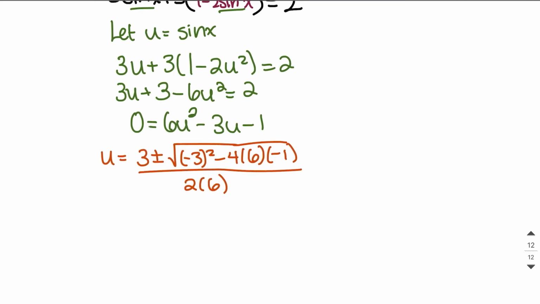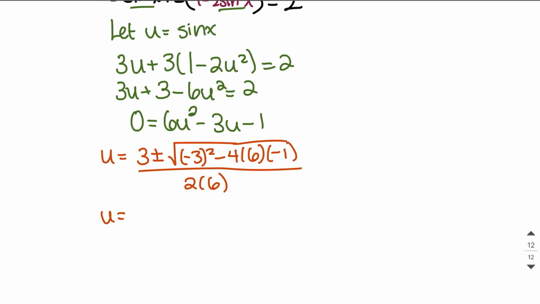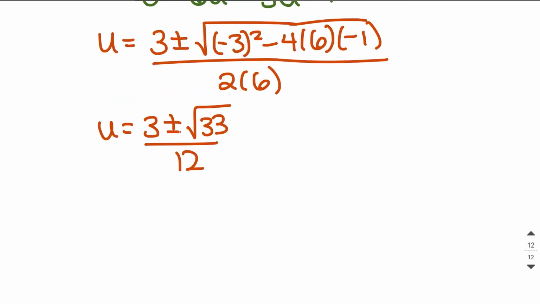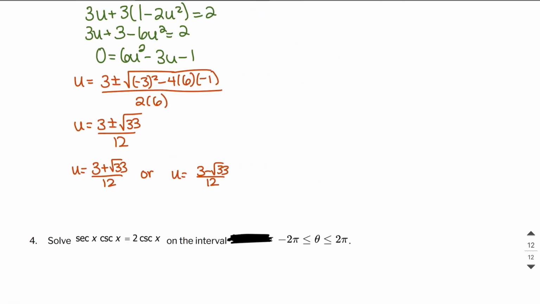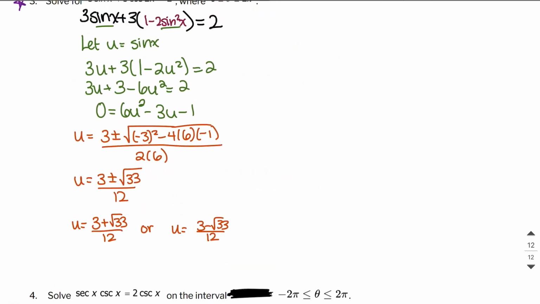I'm just using the quadratic formula. So here I would get u equals 3 plus or minus the square root of 33 all over 12. So here what this means is u would either be 3 plus the square root of 33 over 12, or u equals 3 minus the square root of 33 over 12. Okay, so now that I've done that, I've solved for u, I can now go back and replace the u